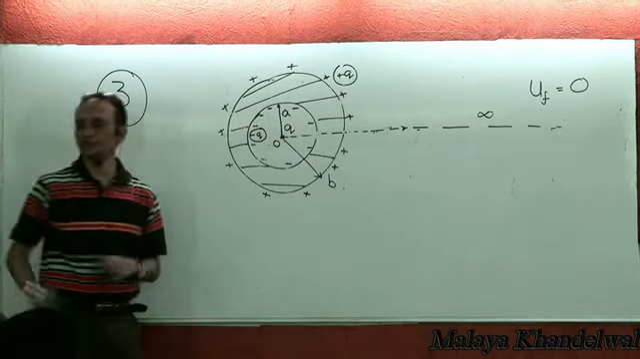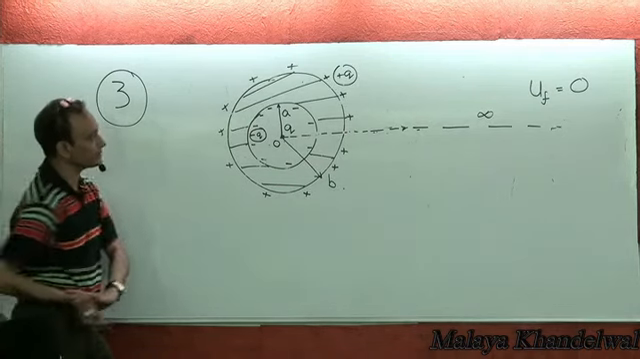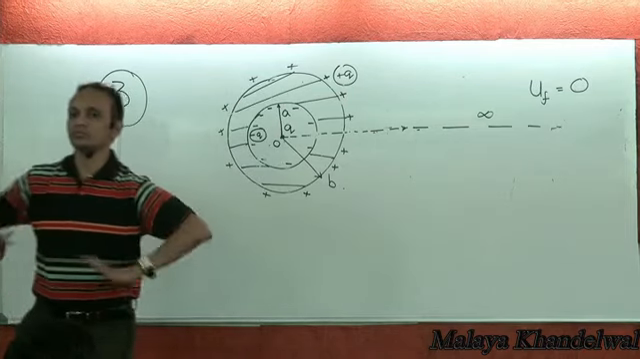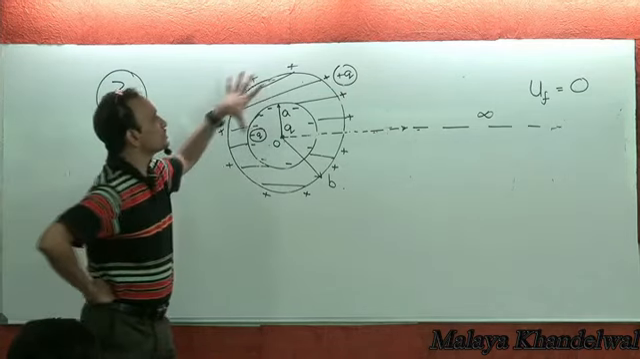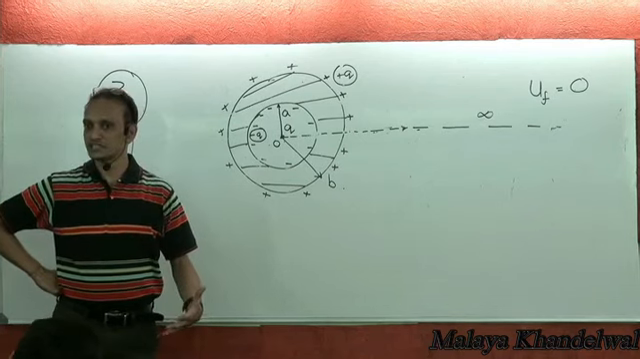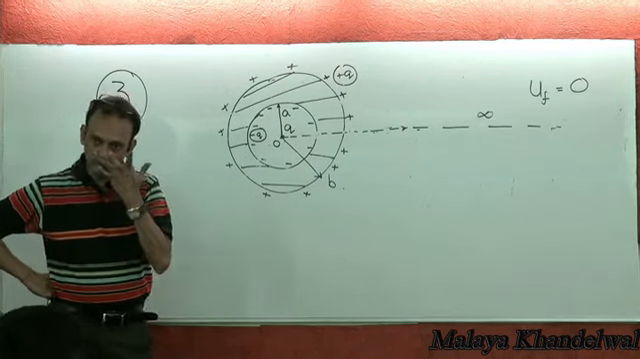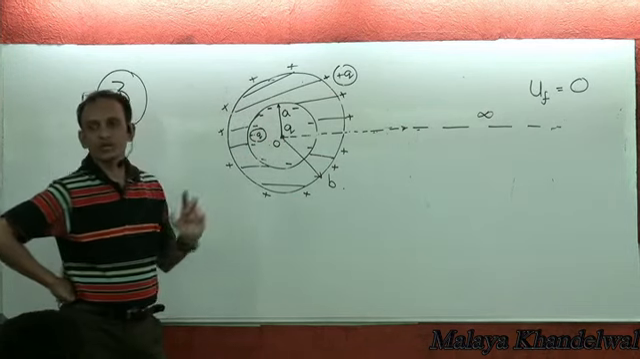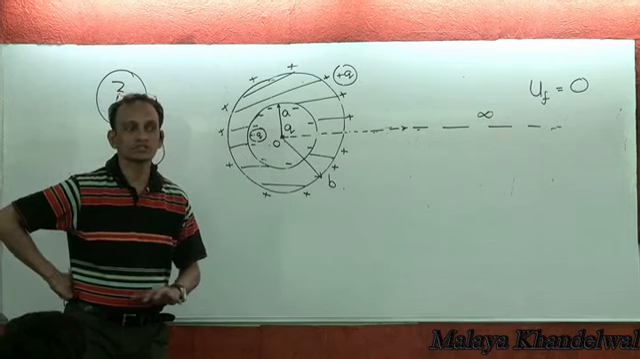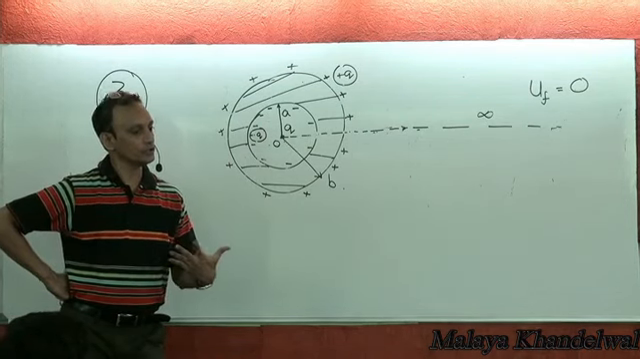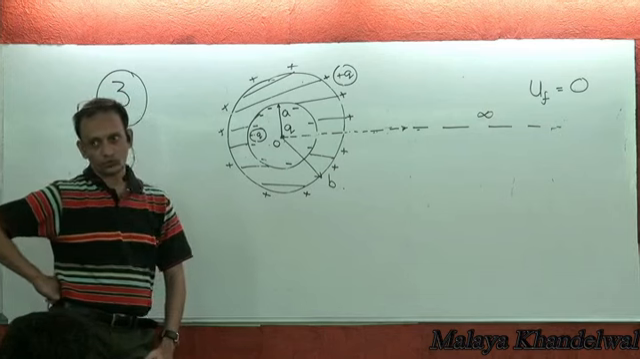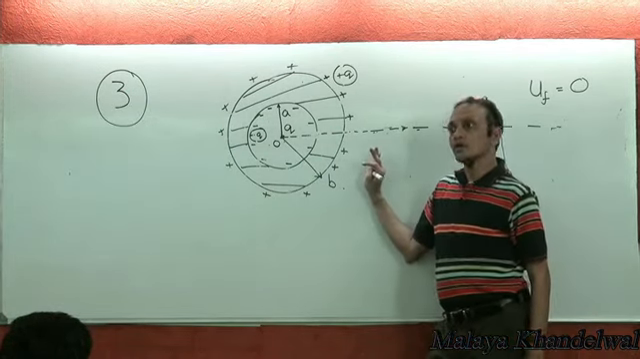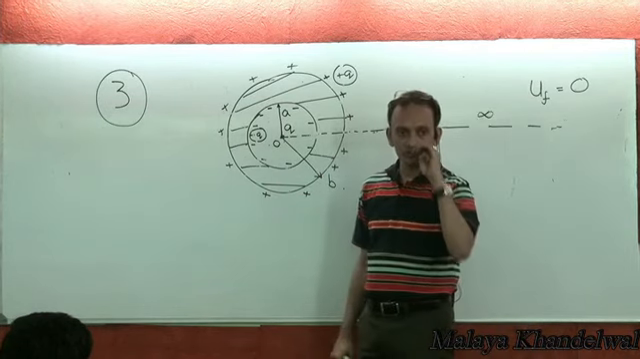Plus Q uniformly distributed on the outer surface, right? Now, I want to be able to calculate the total potential energy of this system. Clear? This Q here with minus Q here and plus Q on the outer surface, all uniformly distributed. I wish to compute the potential energy. Now, if you focus and concentrate on this, then the potential energy of this configuration would be: